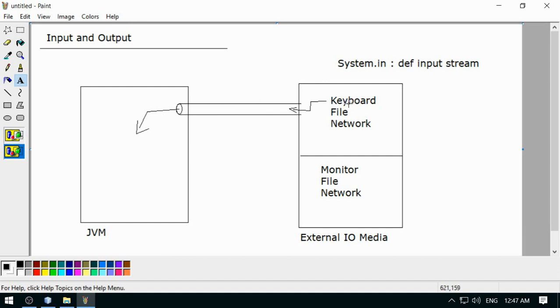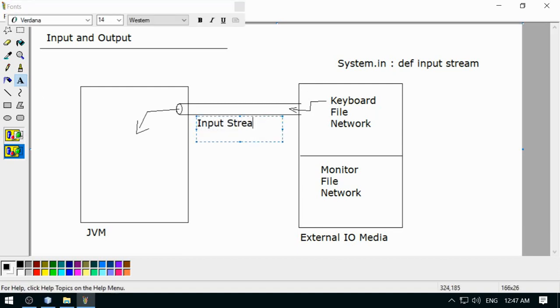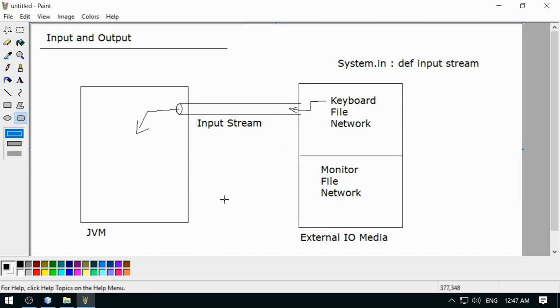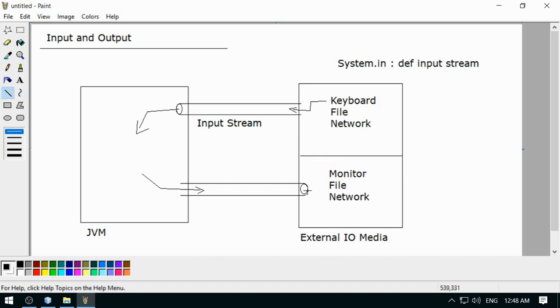So taking the data from the external source into JVM is an input stream. So let me call here, this is your input stream. Similarly, sending the data outside of the JVM is an output stream. So let me draw this pipe here properly. So this time the data will be supplied from the JVM end, and this data will be sent to the output destination. So here I'm going to use monitor as my output destination. So I'm going to connect this to monitor, and monitor is nothing but your